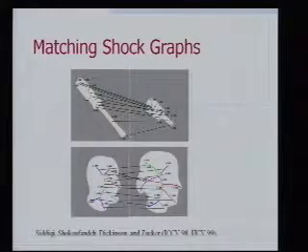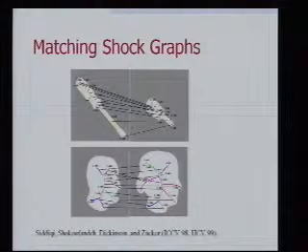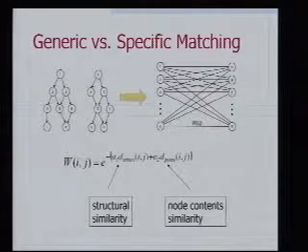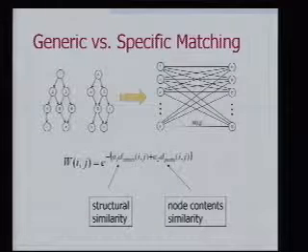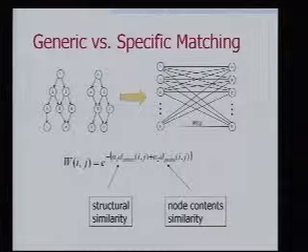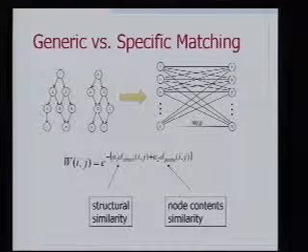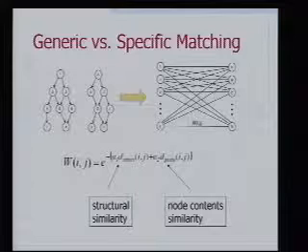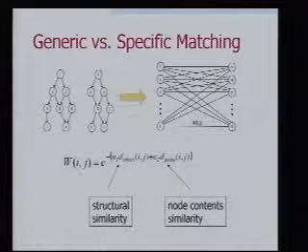Okay? And so we've used this to do indexing and matching of shock graphs. Here are these skeleton graphs, and here are the correspondences. Despite the geometric differences between members of the same category, we're able to find part correspondence for human profiles. Of course, if we terminate the search, if we just were to take the best edge in this matching and say that 1 is equal to A, we don't need to flesh out the remaining correspondences. We could stop and say this whole graph is sufficiently close to this whole graph. If we want to push it down and actually find which nodes are closest, we recursively push it down.